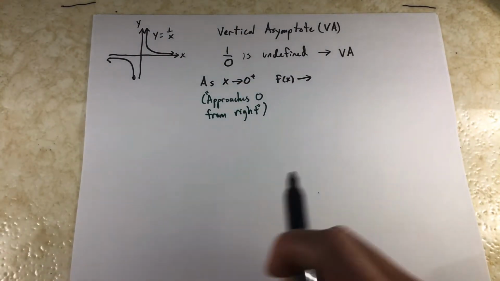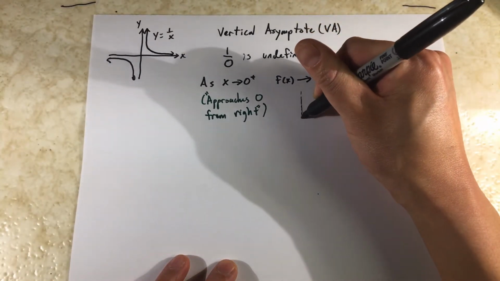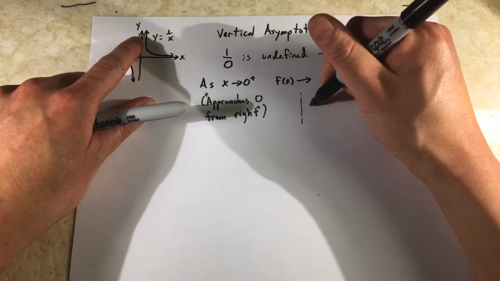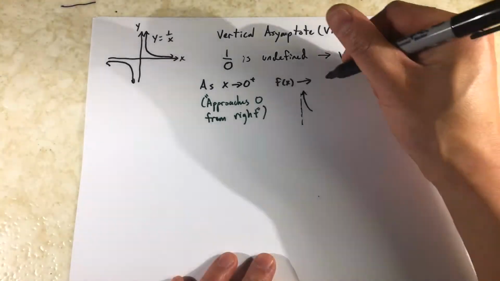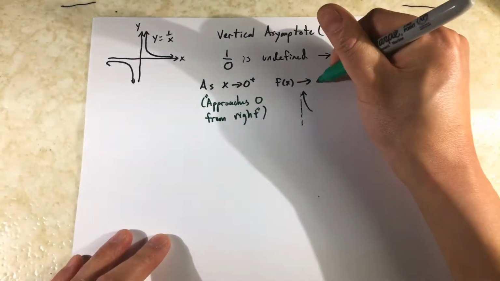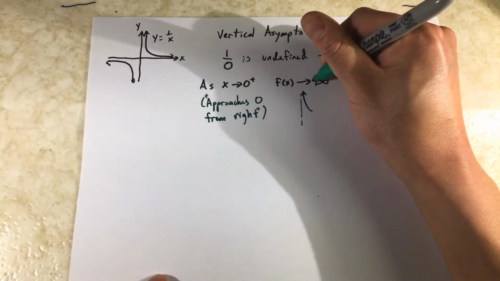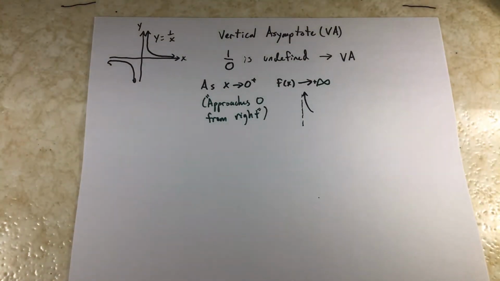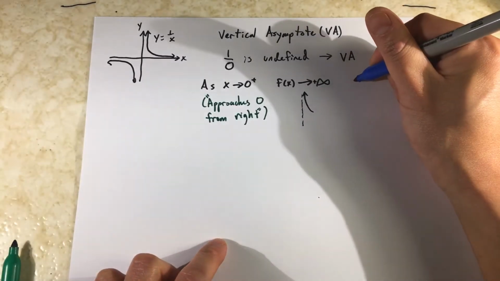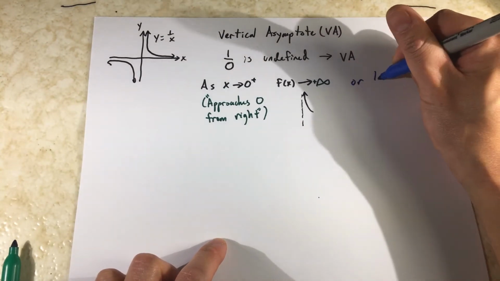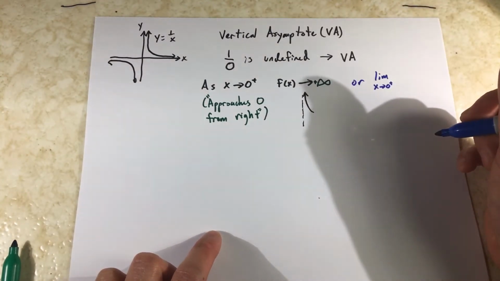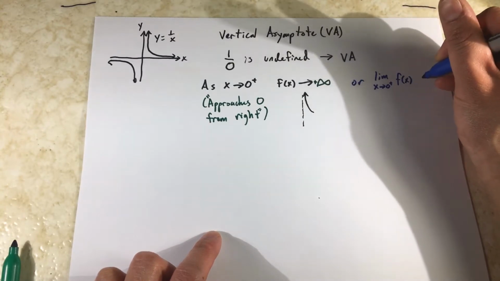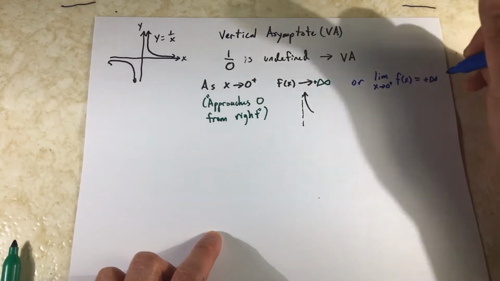And if we look at our function here, where the function approaches on the right side, you can see that it is going upward, like that. And because it's going upward, you say f of x is approaching positive infinity. Okay? An alternate way of writing that, that you might see, is the limit as x approaches 0 plus, which is from 0 from the right side, of f of x